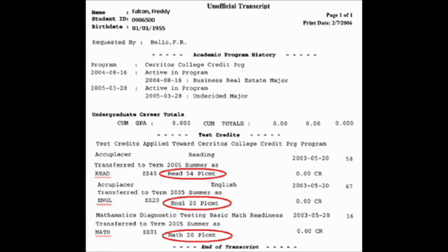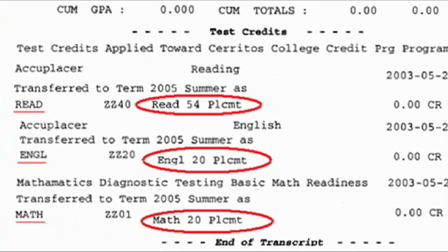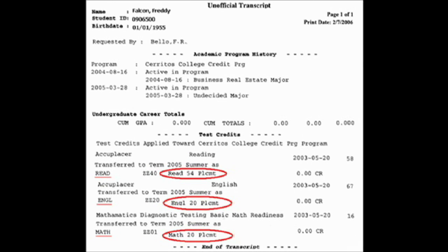Let's review this unofficial transcript. Focus your attention to the bottom of the transcript, and you will see an assessment score of Reading 54, English 20, and Math 20. These are some of the first courses you should attempt to complete at Cerritos College because they allow you to move closer towards certificate and/or AA degree completion, while also preparing you to complete transfer